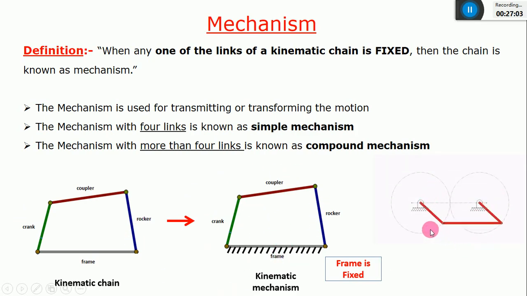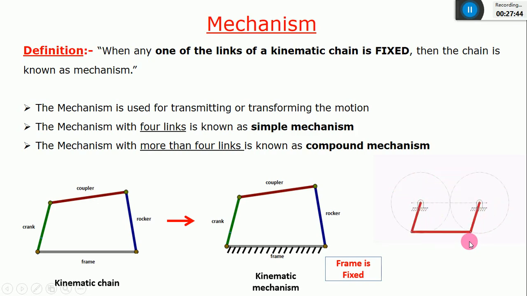You can see a 4-bar chain. Link 1 is fixed at this point, correct? And link 3 is also fixed at a certain point. Only then can you transfer the force or the motion from one link to another. There are 3 moving links. This is a crank, this is a coupler, this is also a crank, since it is rotating. 3 moving links and one is fixed. This is fixed, this is also fixed, so combined the fixed link is considered as only one link. They are not separate links. They are fixed to a certain frame, a certain platform. For example, in your house there are 4 fans.